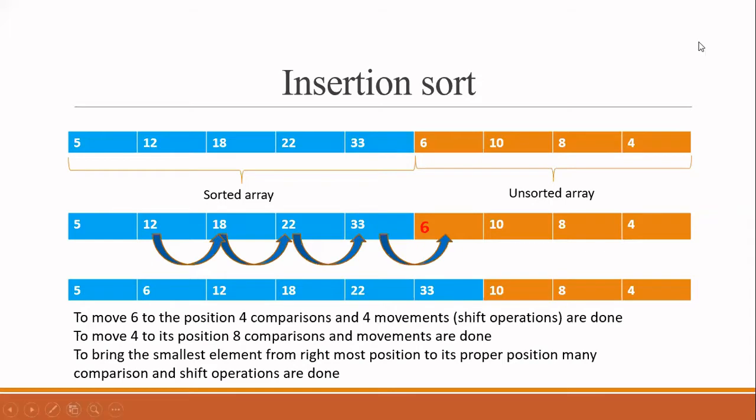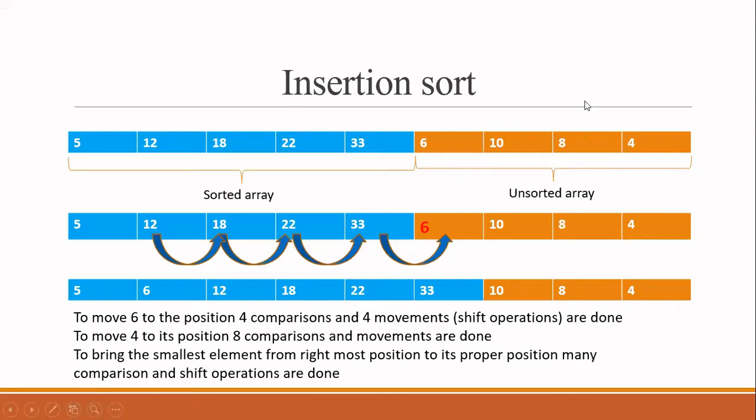Okay, now let me once again tell you what is the problem with insertion sort. Every time we are comparing one element with its immediate predecessor, that is, the element which appears immediately before. Because of that, if a smaller number appears at the end of the array, a large number of comparisons and a large number of movements will be required to bring that number to the correct position. Our aim is to reduce the number of comparisons and the number of movements. For that only, we are going for the next sorting, known as shell sort.